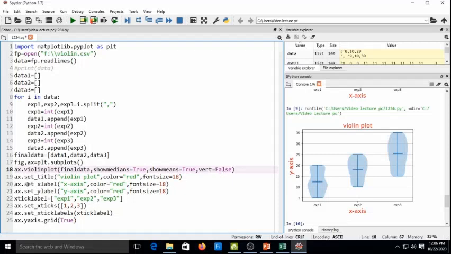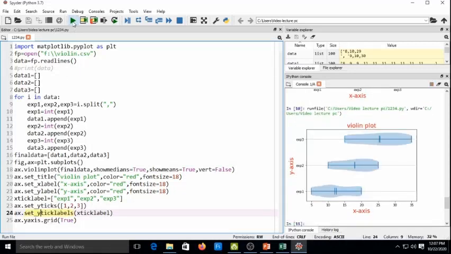And for that you have to basically convert these x tick labels. So, you have to write here, this is a y tick and this is a y tick labels. Now, if I run this code, you can see here this horizontal violin plot is generated.